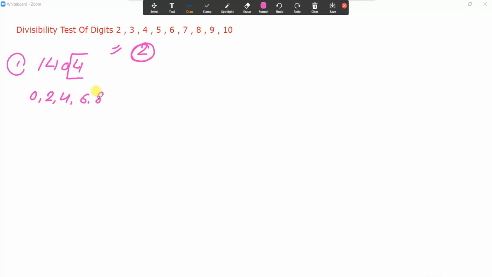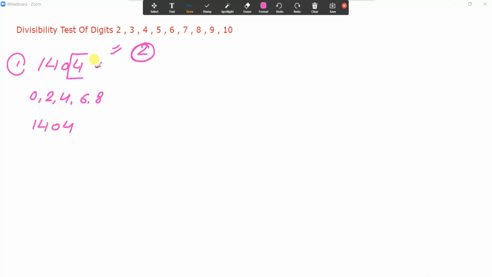So at first, let's check whether a number is divisible by 2 or not. For that, I'm going to keep one value. Suppose 1404. Now I'm going to check whether this number is divisible by 2 or not. If the last digit is an even number, so if the last digit is 0, 2, 4, 6, 8, then we confirm that this number is exactly divisible by 2. Let us check 1404.